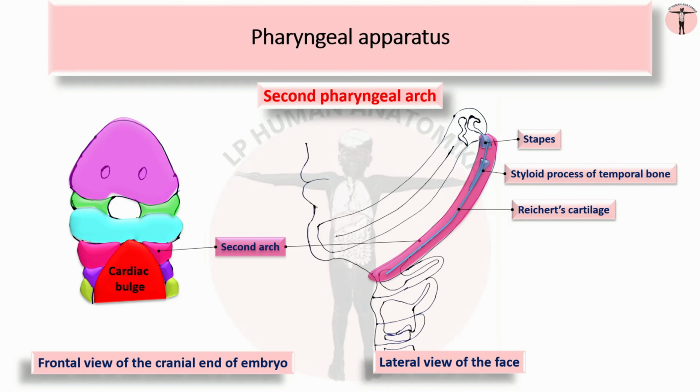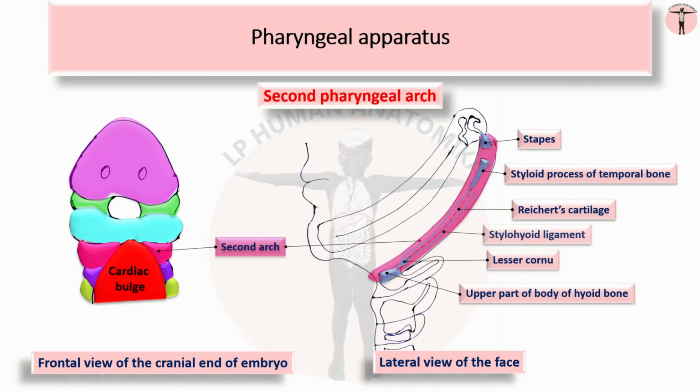The ventral part of the cartilage ossifies to develop into the lesser cornu, or the lesser horn, and upper part of the body of the hyoid bone. The part of the cartilage between the styloid process and the hyoid bone regresses and its perichondrium forms the stylohyoid